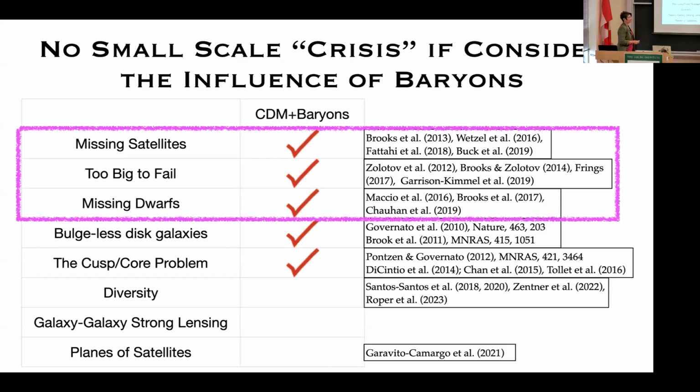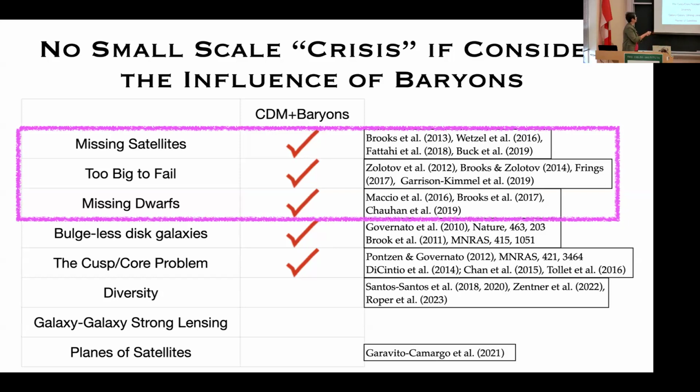But the minute you start including gas, you start including a component of matter that can cool, unlike dark matter. And the minute gas can cool to the center of your halo, that changes things. To solve the missing satellites problem and the too big to fail problem, once you have gas cooling to the center of the halo and satellites orbiting around that extra mass at the center, you get stronger tidal stripping, right? If you run any hydrodynamic simulation, people are now finding they don't have a missing satellites problem or a too big to fail problem because of that.